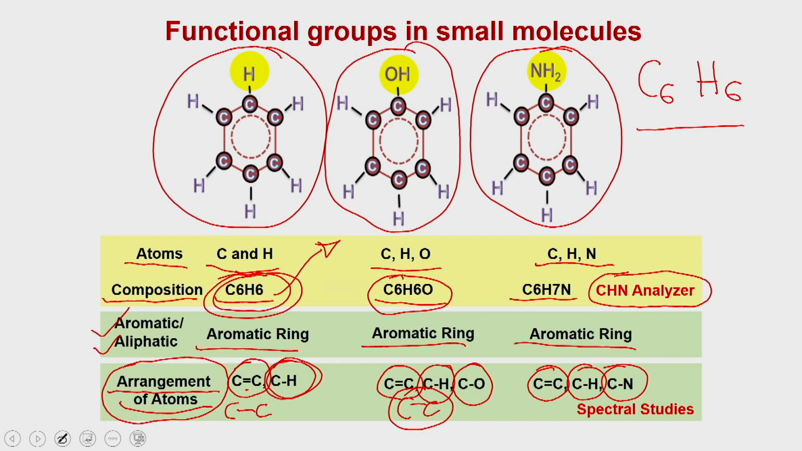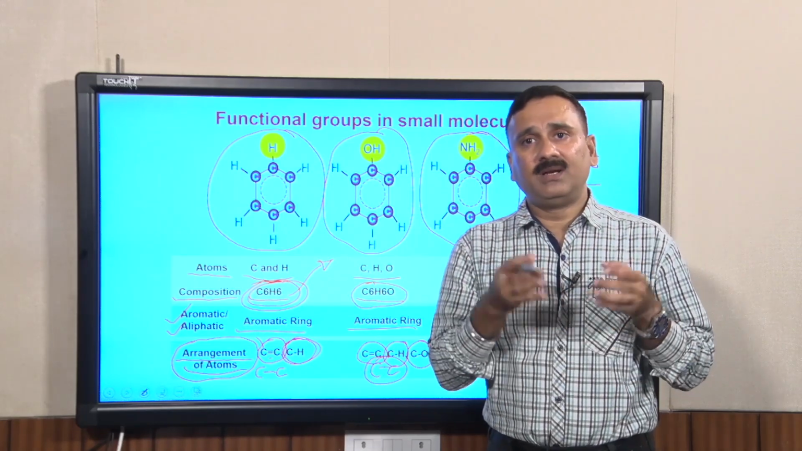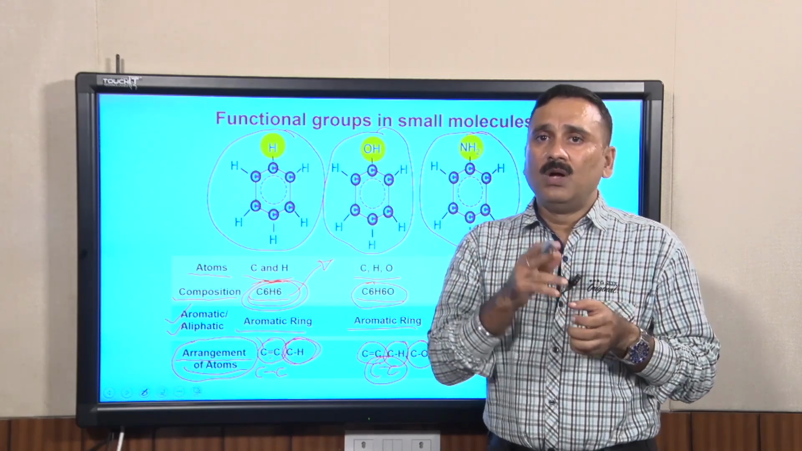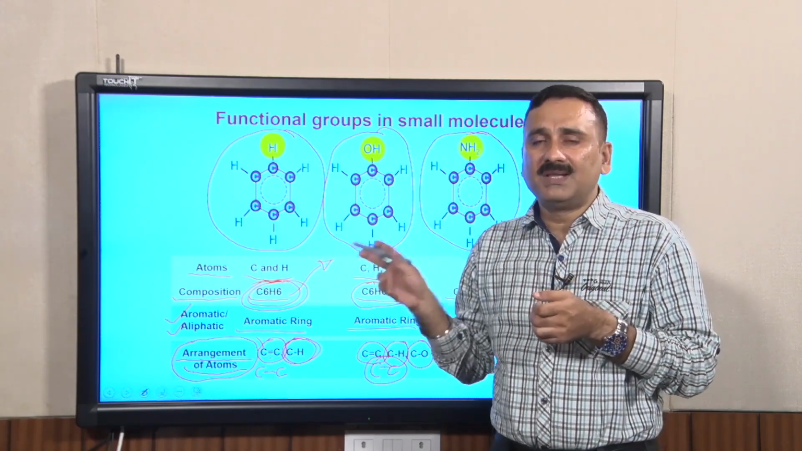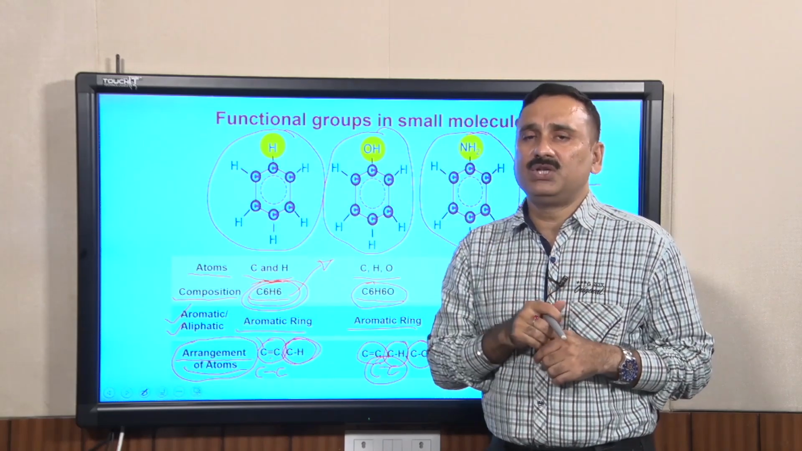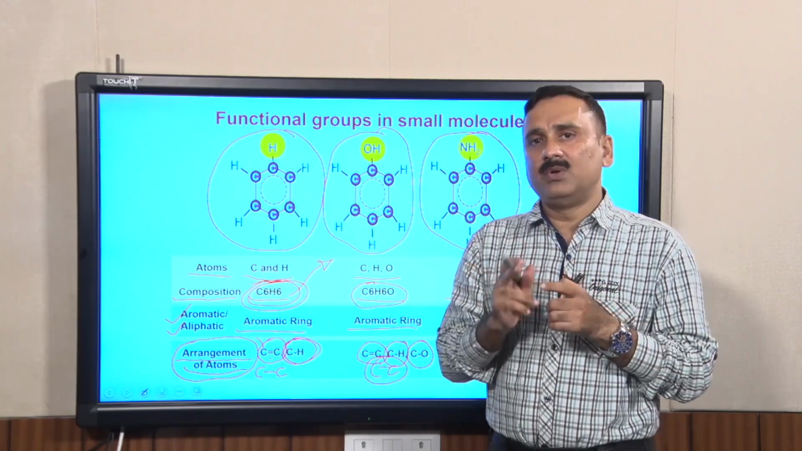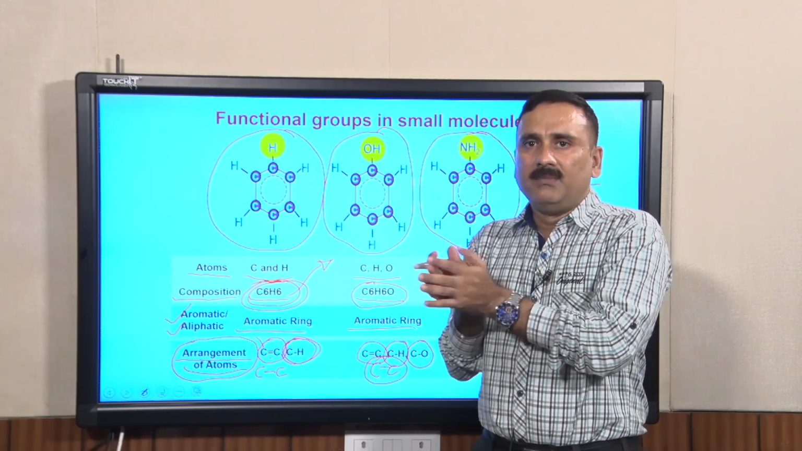After that, you can do the arrangement of atoms, and the arrangement of atoms will tell you not only what different bonds are present between the different atoms, but also what different bonds could possibly exist in this particular molecule. And once you have all these three pieces of information, you can know what could be my predictable structure, because